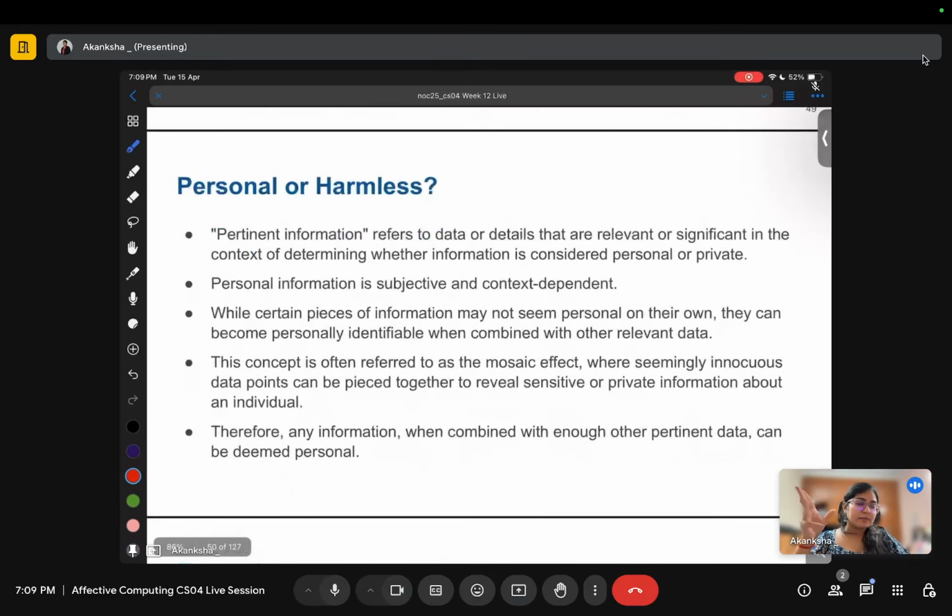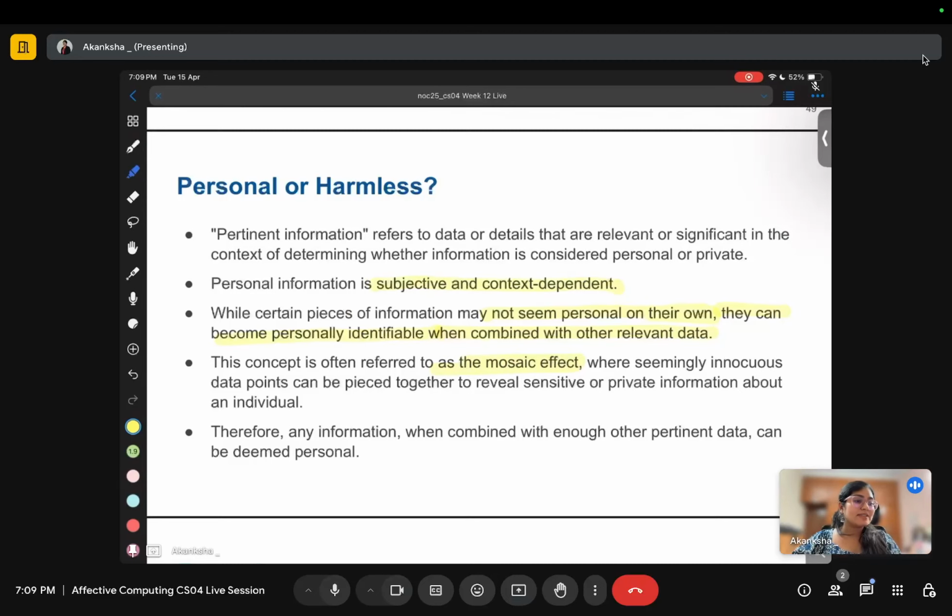So, is it harmless or is it difficult to manage? Personal information is subjective and context dependent. While certain pieces of information might not seem personal on their own, they can become personally identifiable when combined with other relevant data. This is often called the mosaic effect.